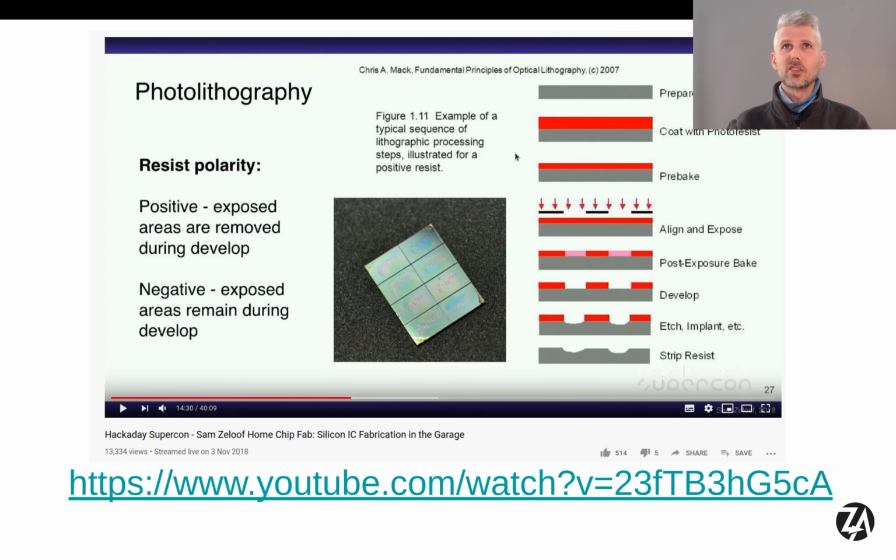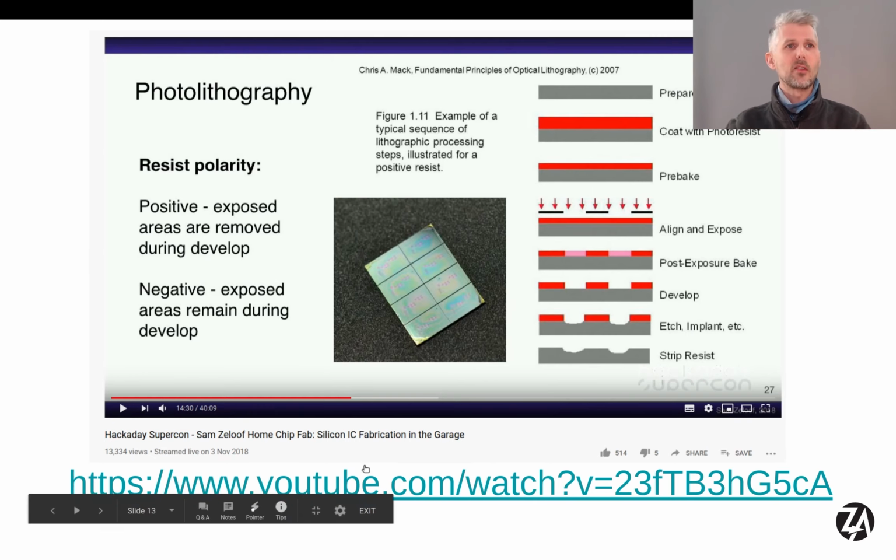And the factory takes those files. They've got to prepare the masks, which are the patterns with tiny holes cut in them, so that when we shine ultraviolet light or blast ions down through them, we form patterns on the surface of the chip. So if you want to find out more in detail how this works, then I'd recommend this talk by Sam